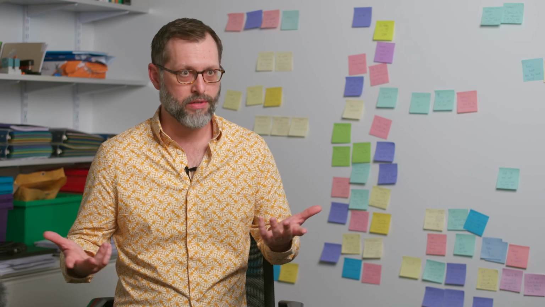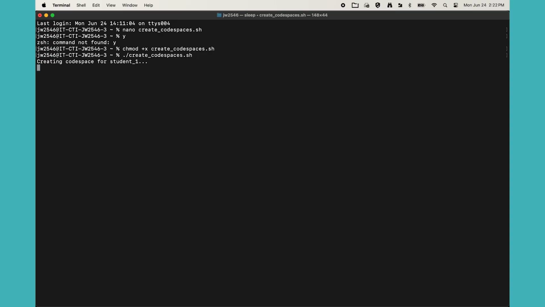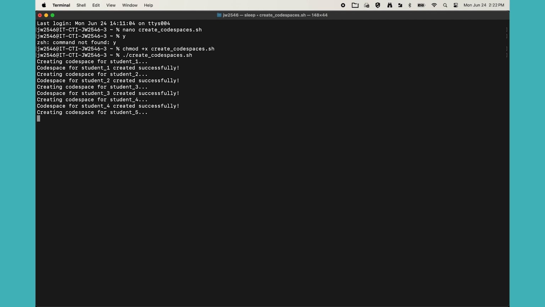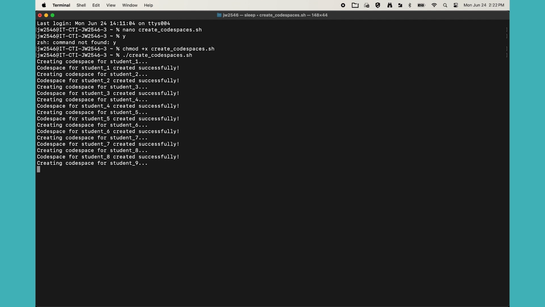When I first started teaching this class, there was a tool that was provided by GitHub. GitHub is the platform that I use for providing these code environments for the students. And this tool would go through a very manual process. It would often take 2 to 3 hours to create all of these places where the students could work on their code. Now, this worked fine when all the students enrolled, worked on their first assignment, and got it done at the same time.